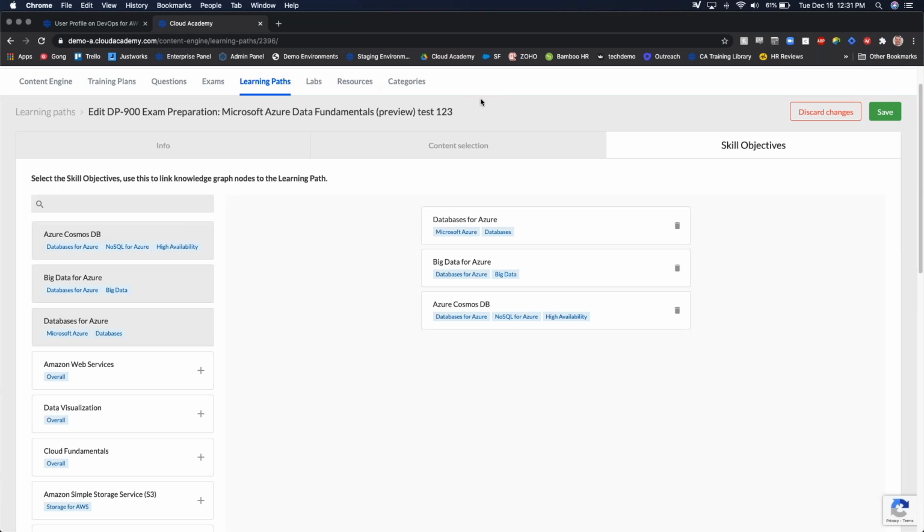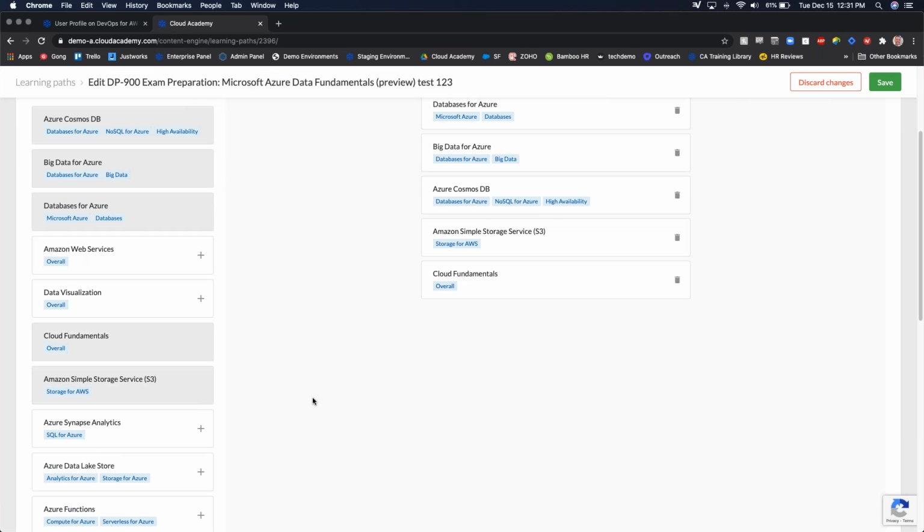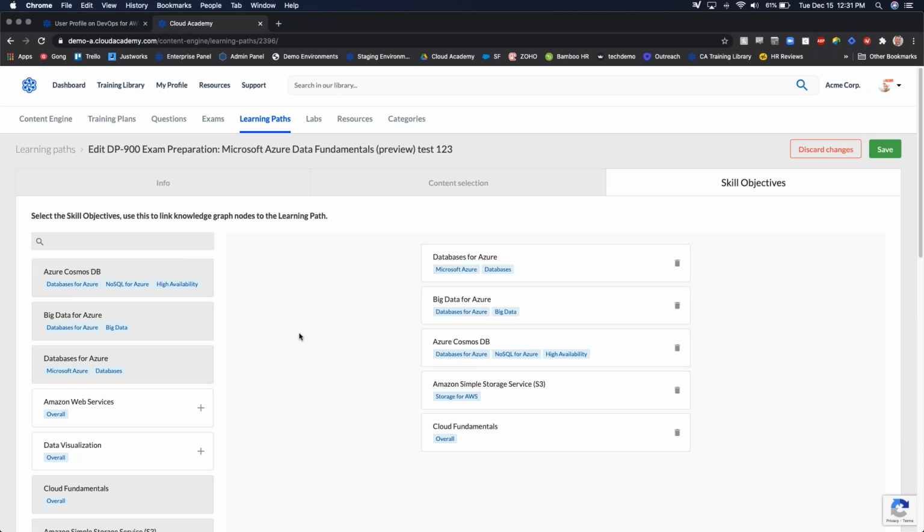The final piece with customization will be, of course, the skills that are being tracked. Because we duplicated something from our existing library, you're seeing which skills are assessed or included in this learning path. Based on what you've added, you'll be able to include additional skills. We can also help you customize this list to add your own unique skills that you'd like to track. So from there, we can save and publish, and we have ourselves a custom learning path.